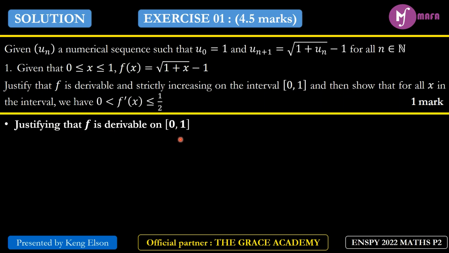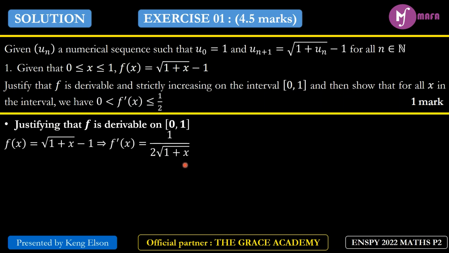So first of all, to show that a function is derivable on an interval, we just need to show that the domain of definition of its derivative actually contains the interval. Our f was given as the square root of 1 plus x, minus 1. So we can get f prime by differentiating the function. We are just going to get f prime to be 1 divided by 2 times the square root of